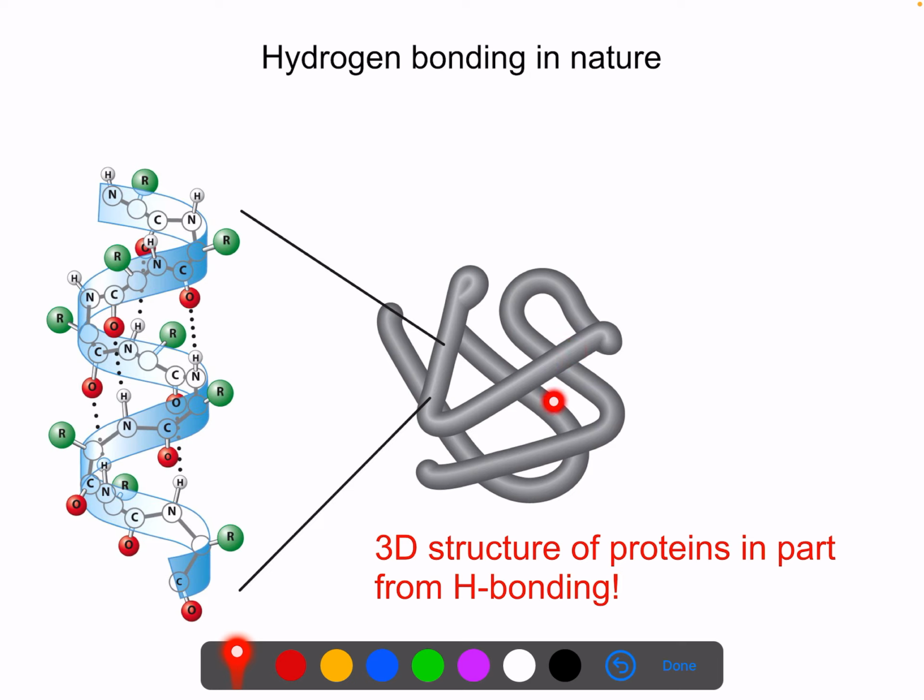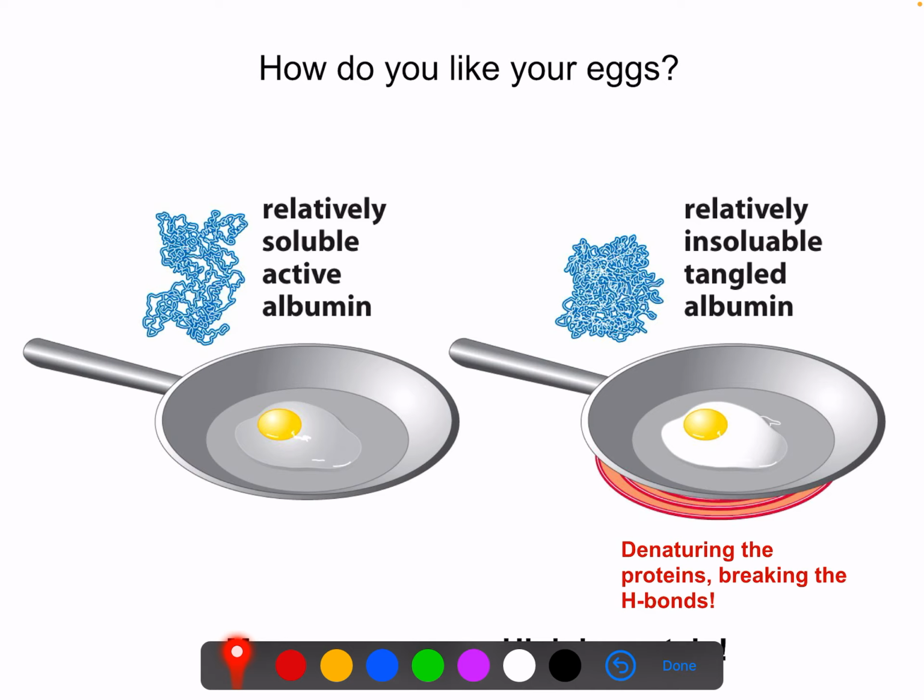So what maintains the shape of a protein? It's intermolecular forces of attraction. And so what you're seeing here is this long chain of amino acids that build up our protein. And what's helping hold this chain in place are, in particular, hydrogen bonding interactions between atoms. So this is what's giving it this alpha helix, as we call it, as it twists around and is held in place. And one of the interesting things about that is it's fairly easy to destroy the structure of a